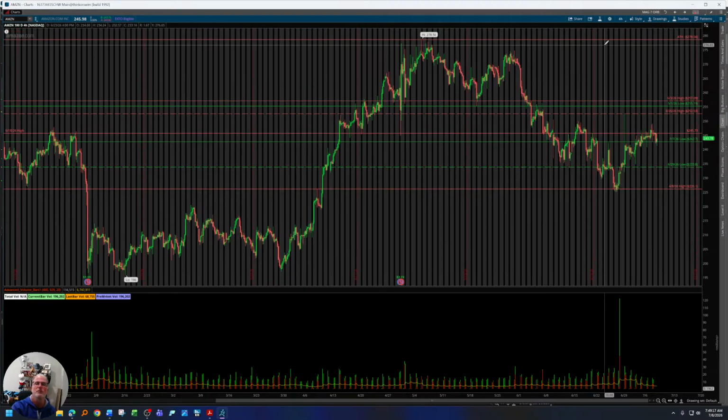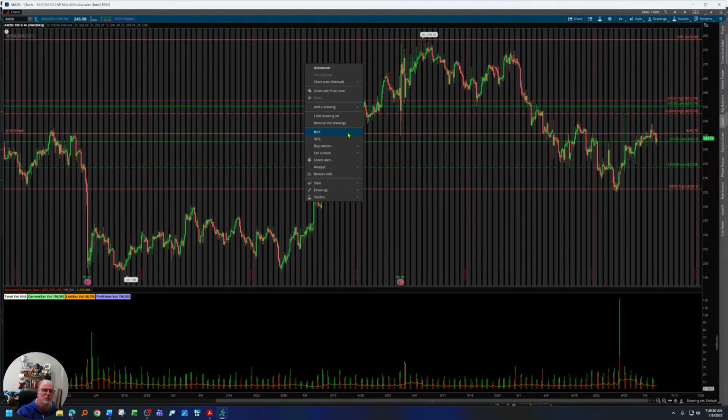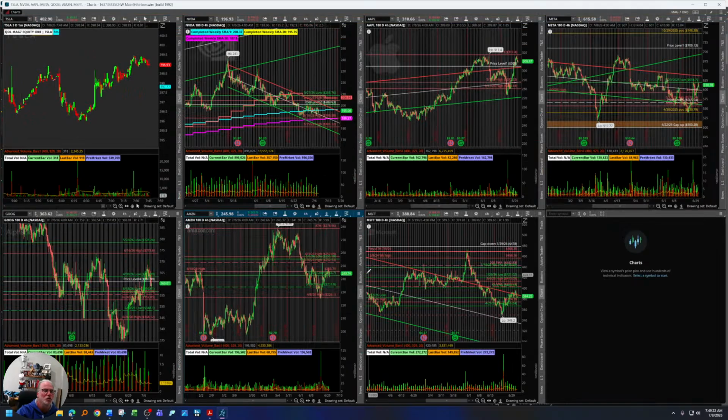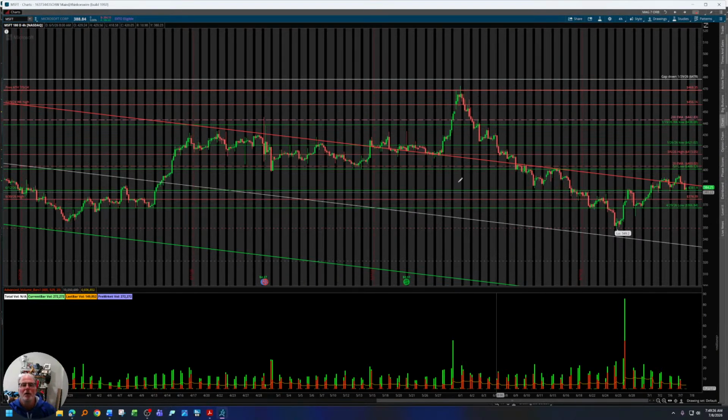I know these are big numbers, based on us looking at a 4-hour chart. If I was looking at a 5-hour chart, they'd be tiny numbers, but let's give you a good holistic view of everything right now. So on this, Microsoft has been weak for quite some time right now. We are on the upper end of this regressional trend line here. So it is rejecting it right now.